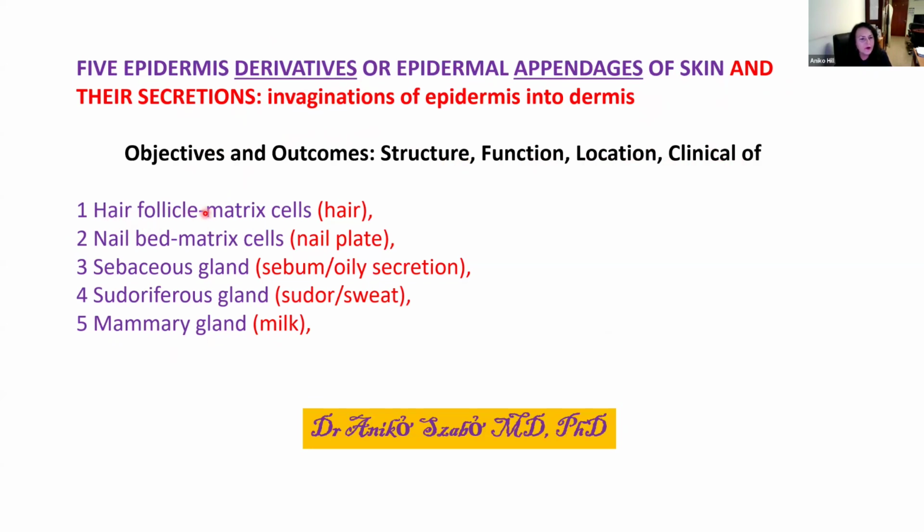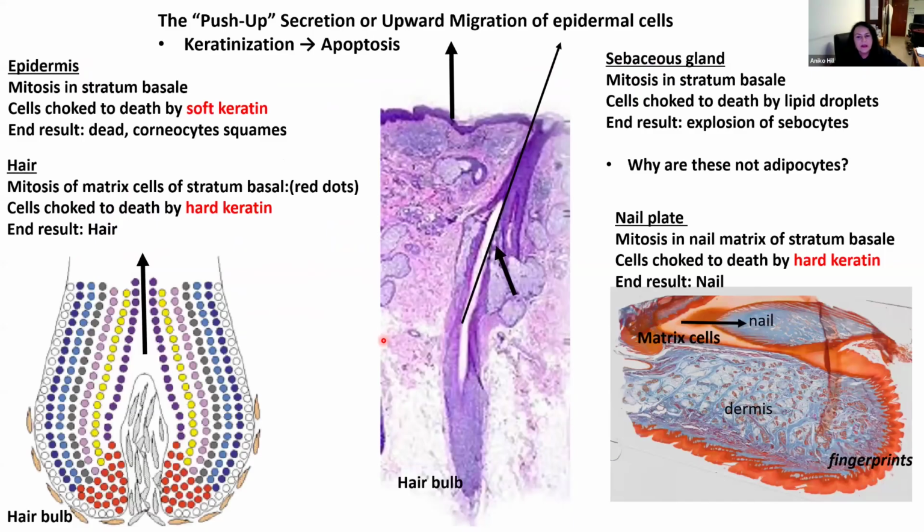The hair follicle that is secreting hair, nail bed secreting nail plate, sebaceous gland secreting oil or sebum, pseudoporous gland that secretes sudor or sweat, and mammary gland secreting milk. And that one we are going to skip because usually we cover it in the reproductive system. So let's look at the next slide, which is kind of like a principal slide, what I call the push-up